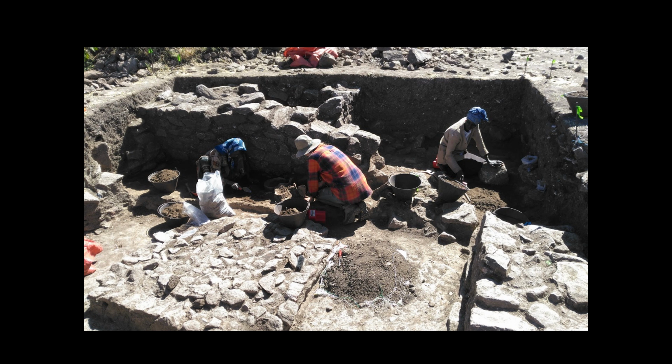So the archaeological dig was uncovering a town just outside Shire. There was some informal gold mining along a stream bed, and the gold miners were discovering these foundations of buildings. It turns out there's a whole town laid out under this village in Tigray. And this ancient civilization used to run from Ethiopia across the Red Sea and into Yemen, and then connected up across Saudi, Jordan, and into the Holy Land area. And so it was all developed